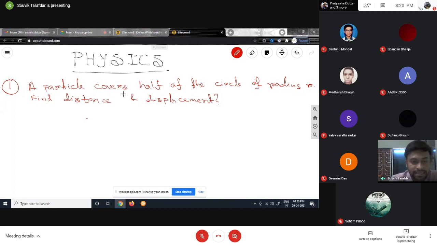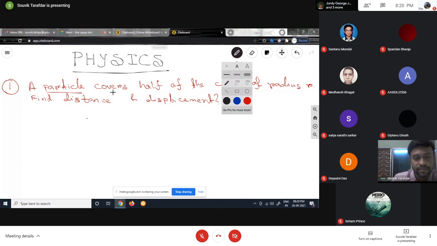Now, also one thing, while solving a numerical, I will recommend you to draw the diagram, where it is needed, because while drawing the diagram, your concept becomes even more clear. So let's start then. Here, what is told is that a particle covers half of the circle. So from here what we can understand,